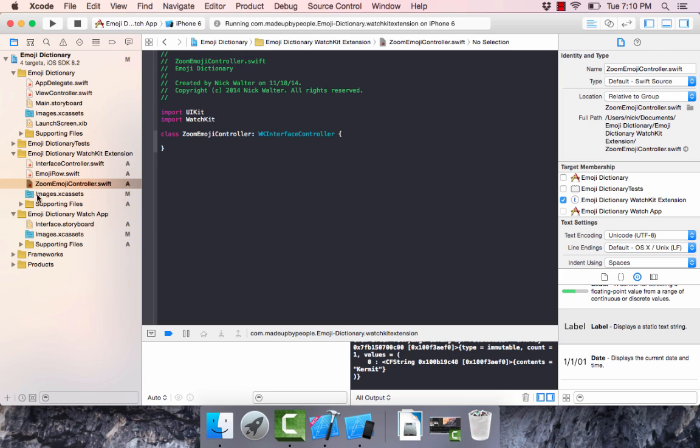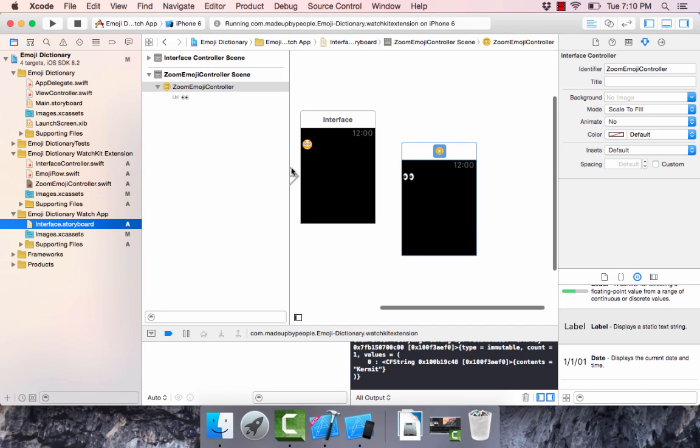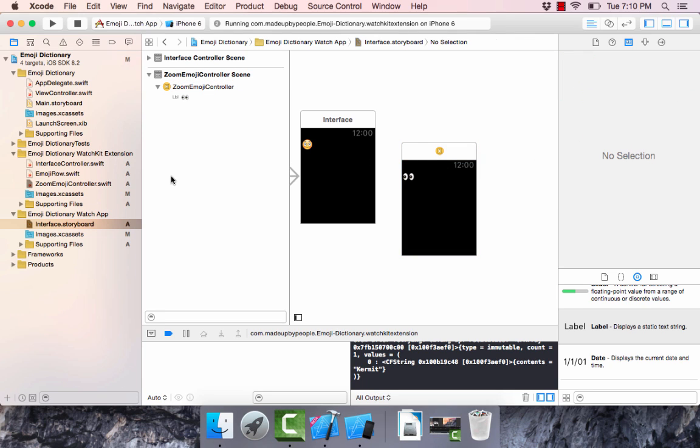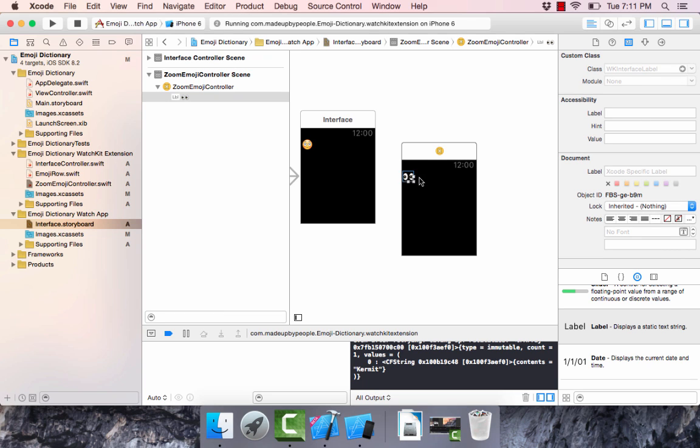we now need to connect this code, the one that we have here, and the one that's in the storyboard. So select this controller here and click on the newspaper, and for class just start typing ZoomEmojiController, and this is the name of the one that we made there. So we're going to hit tab, fills in everything for us. Life is great. So now that we have that done, we now need to take this label that we have